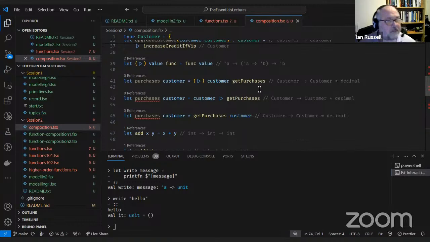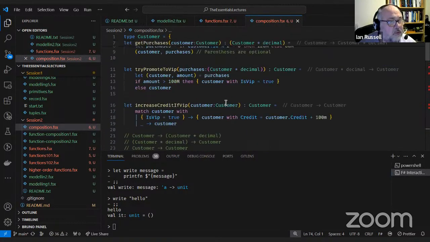Okay, so to go back, we need to cover currying and partial application. Currying is taking a function that looks like it takes multiple parameters and it automatically gets converted into a series of single input functions. So that happens automatically. So if we have a look at this